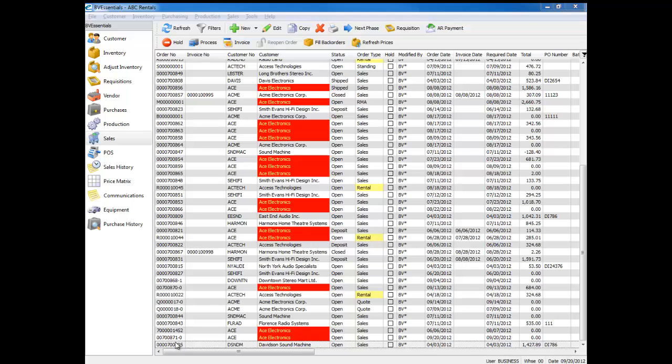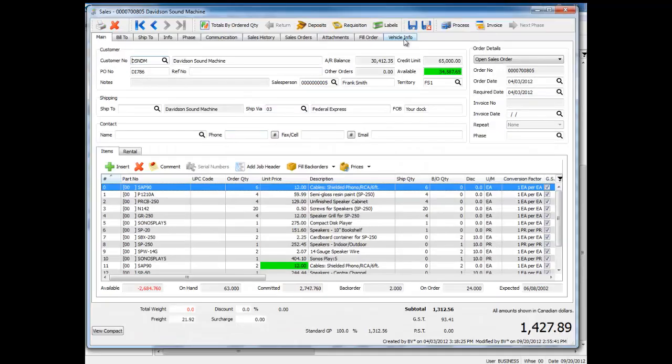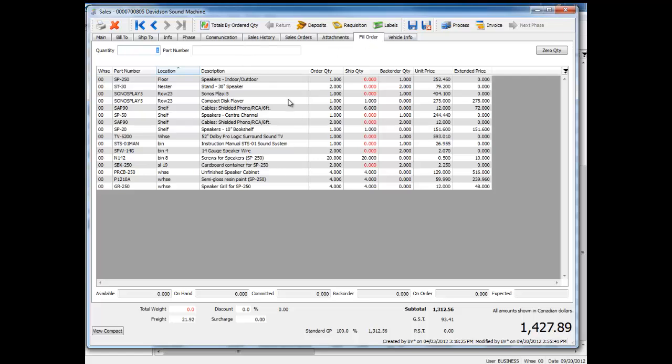Okay, the next one, we go into a sales order and we go to the fill order tab here. What this is for is to fill this order out, and you can use a scanner on this as well. So if I zero out all my ship quantity here to start with, they all turn red, which means that none of them match the ordered quantity. Now what I do is I start typing up here for the items that I'm going to ship. So if I type in an SP-50,